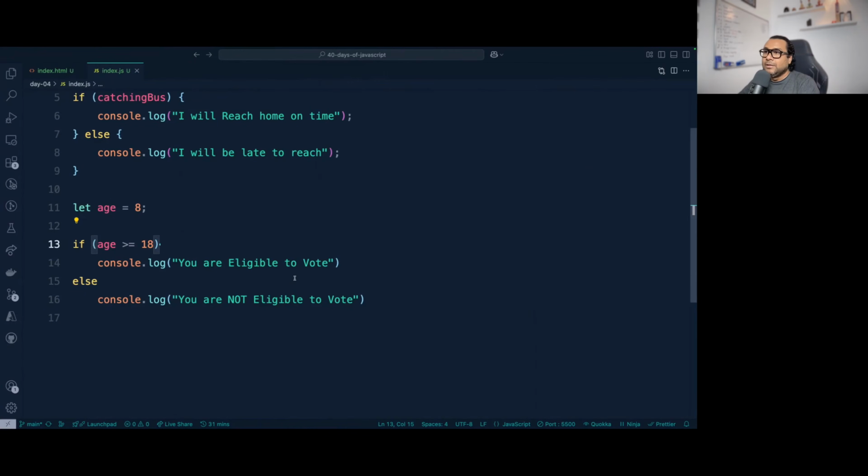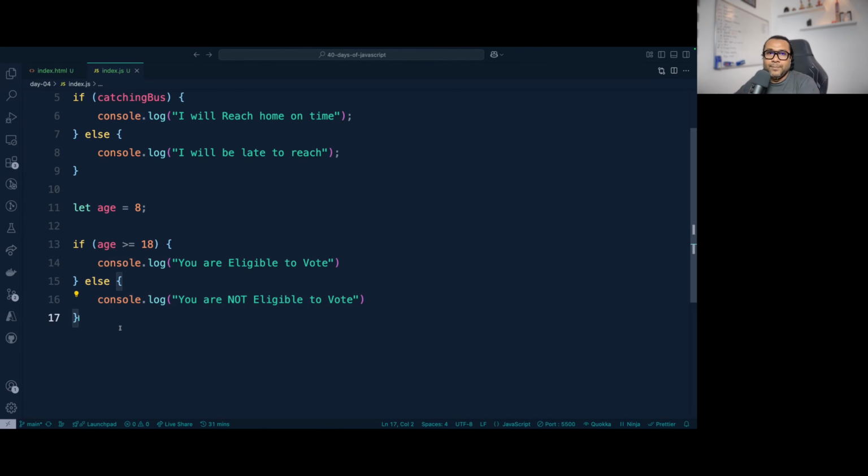But the recommendation is, irrespective of the case, whether you have one statement or two, please always use these curly braces. This is the right way of writing code. Never ever omit the curly braces. Okay. So here you have one pair of if and else. This is one if, and this is the other pair, else.